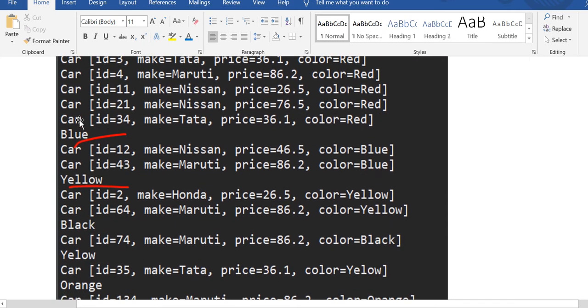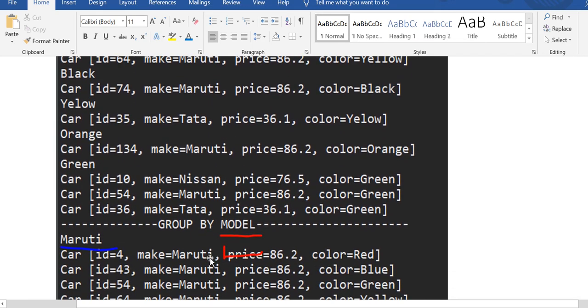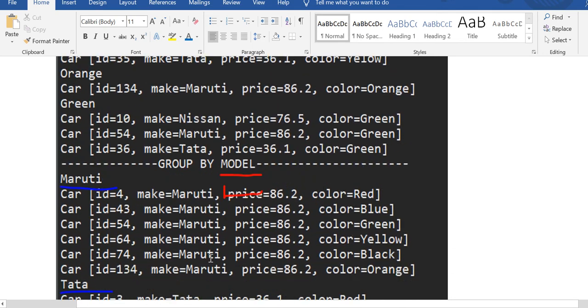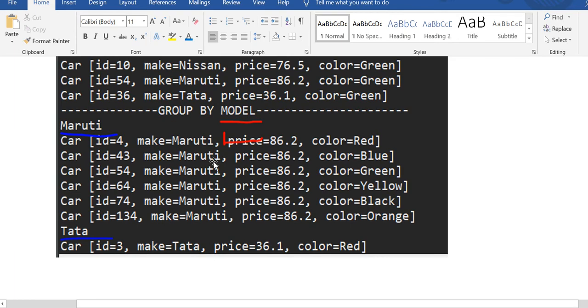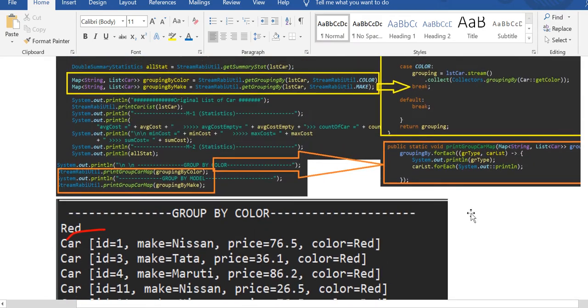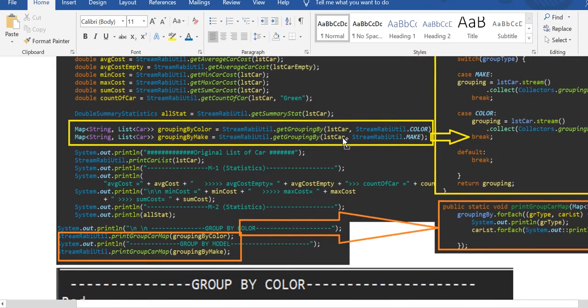Okay, and for the blue color having Nissan, Maruti, yellow color Honda, Maruti, so you will get it. Similarly, group by model also, you want Maruti only, so you will get Maruti. It can be different color, you can get Tata with a different color, so you will get it.